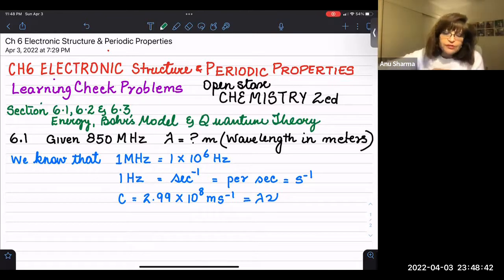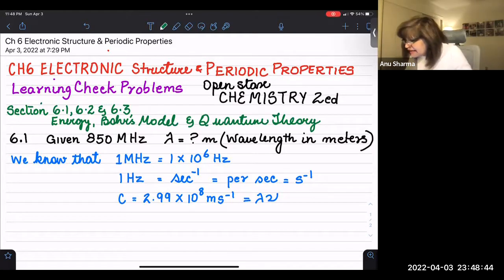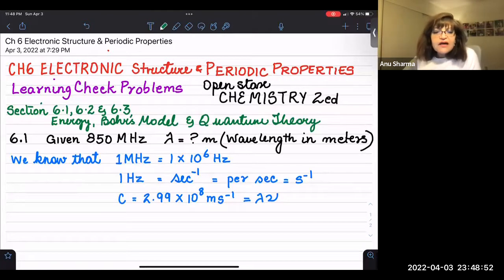Okay, so the very first question is 6.1, in which they have given us 850 megahertz. That is a frequency, and they're asking what is the wavelength in meters. So here we are being asked to find the wavelength when the frequency is given, and there are certain things we know. One is that 1 megahertz is equal to 1.0 × 10^6